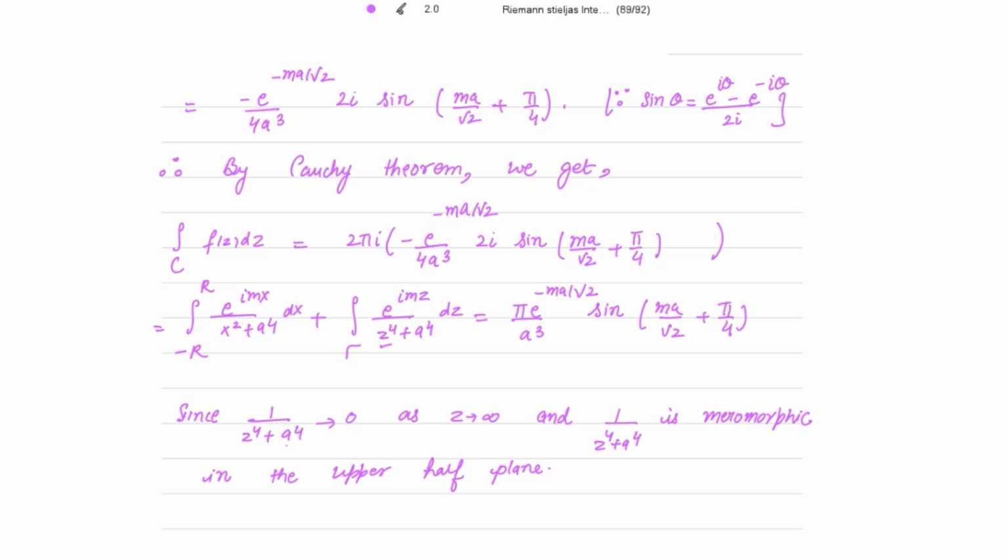Now, applying Jordan's lemma. Before applying Jordan's lemma, I need to understand that whatever I have in this tau, that is 1 over z4 plus a to the power 4, must tend to 0 as z tends to infinity, and it must be meromorphic in the upper half plane. Only then can we apply Jordan's lemma. Looking over here, the denominator has z to the power 4 plus a to the power 4, which is yes tending to 0 as z tends to infinity. And this is of course a meromorphic function in the upper half plane. So by Jordan's lemma, I can now write